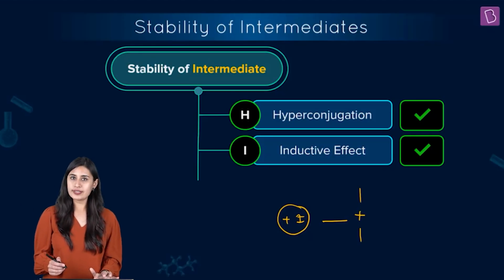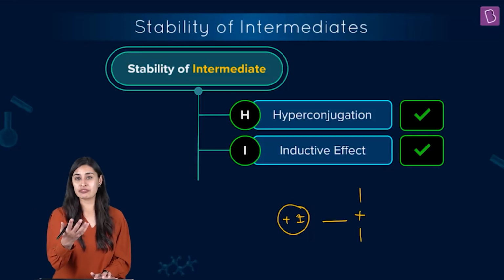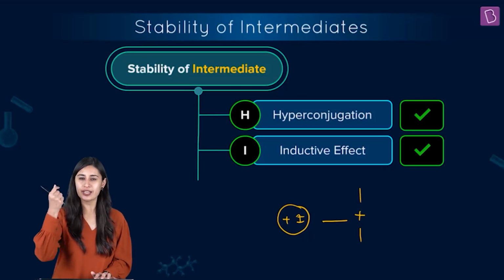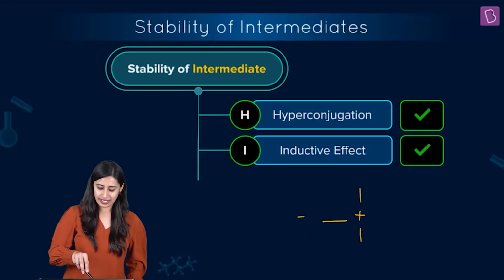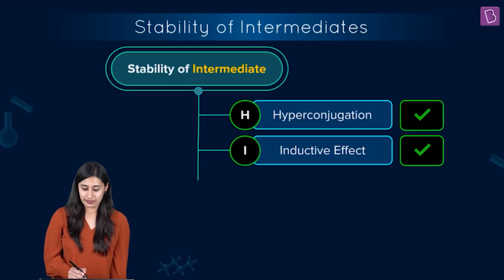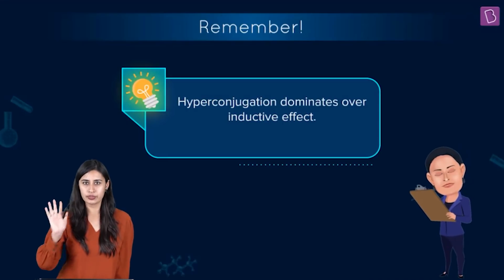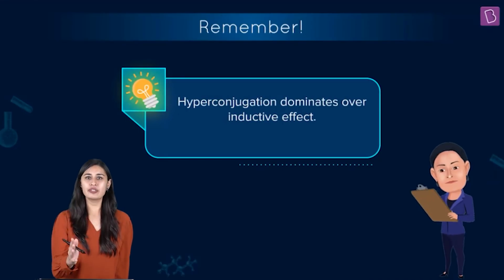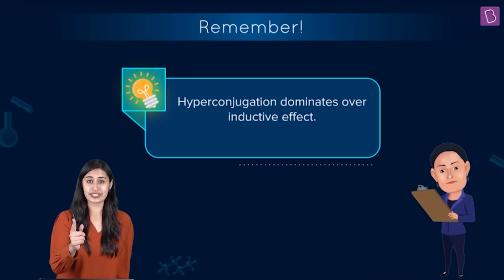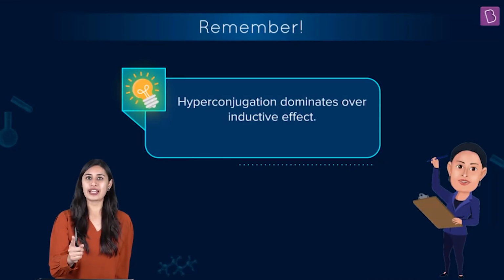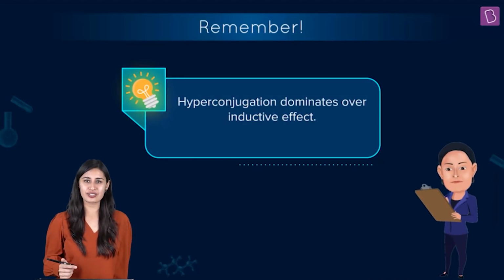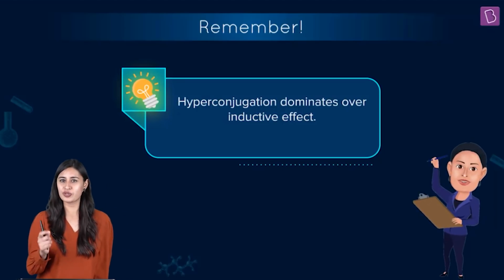So, of course, plus I groups, and the moment I say methyl group, plus I group is something that, of course, strikes your mind, right? So, let's check it out. When I talk about hyperconjugation and inductive effect, you know what dominates what. You know the magic wand. You have the magic wand, so use it very judiciously, very smartly, very wisely, right? And this young generation is very wise, so you know where to use what.